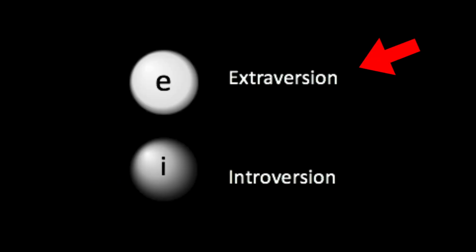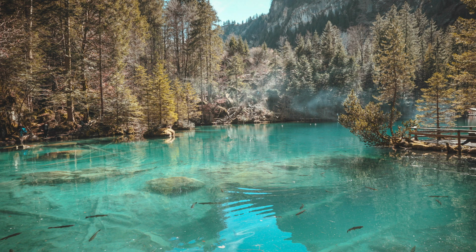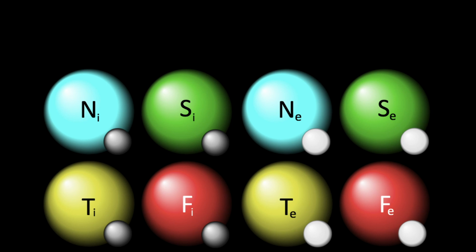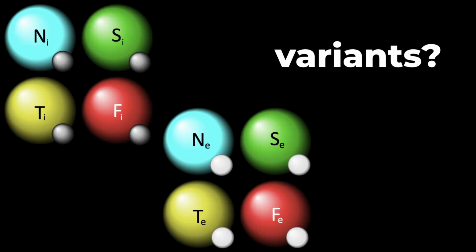Now, I have a question about this one. Does introversion and extraversion in this regard just mean what is within you versus what exists outside of your mind? And building off of that, do we really have 8 functions or do we really have 4 times 2? Like, do we have just 4, but then have both introverted and extroverted variants? That's what I'm trying to ask.